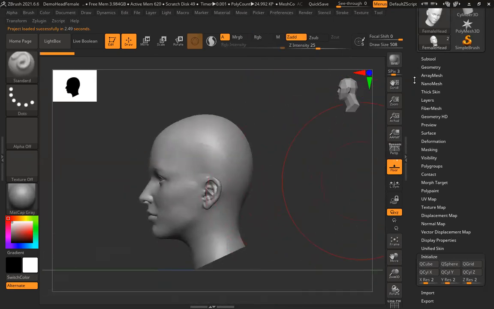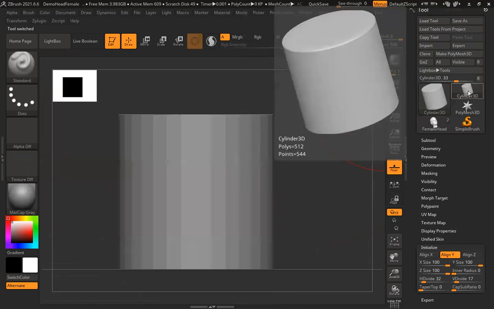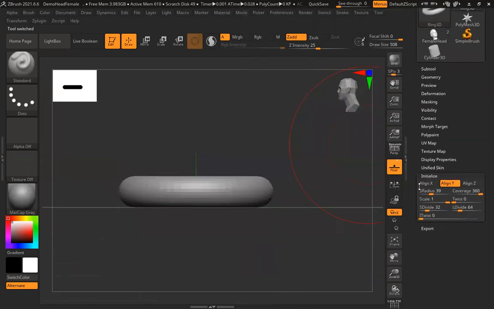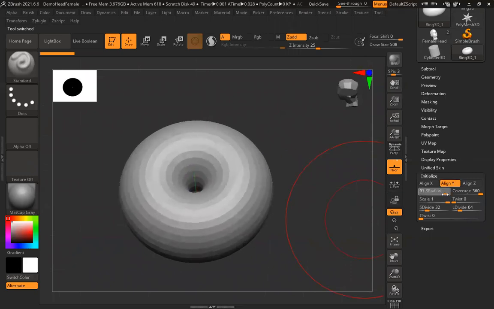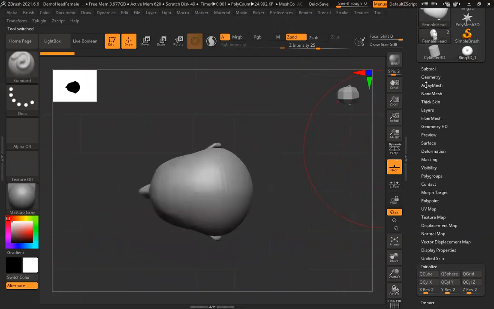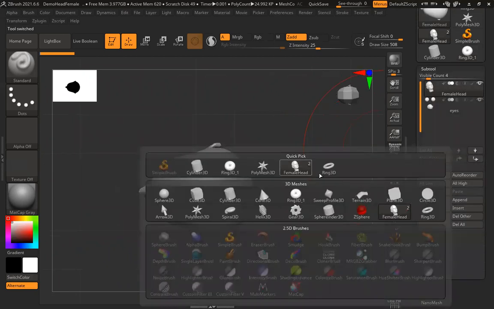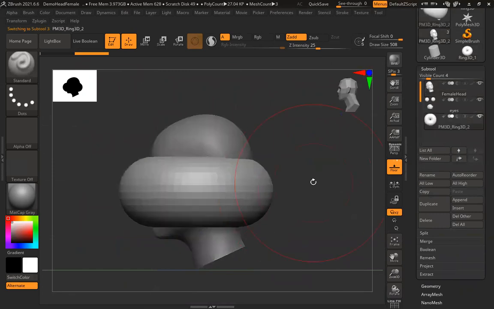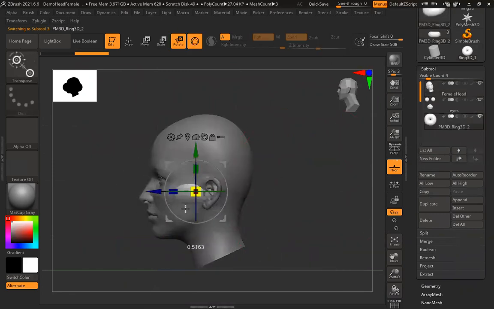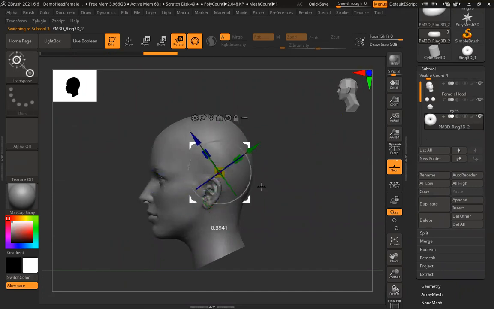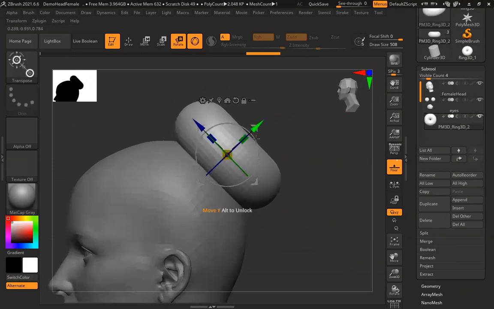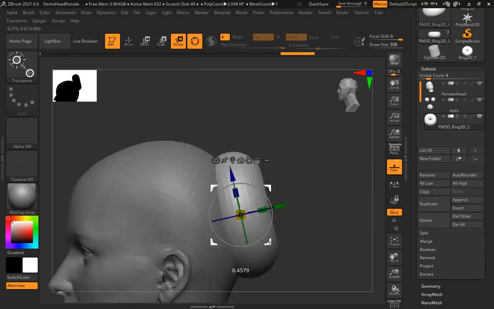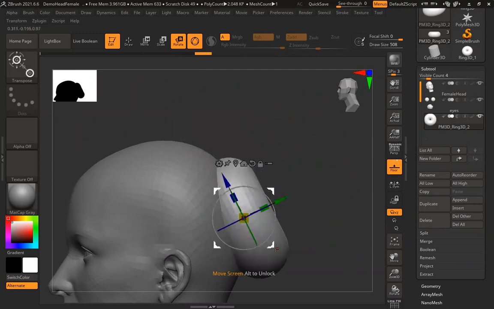So we have a head and a ring. Let me reduce the radius and append that shape, maybe somewhere here, wherever you want to create.